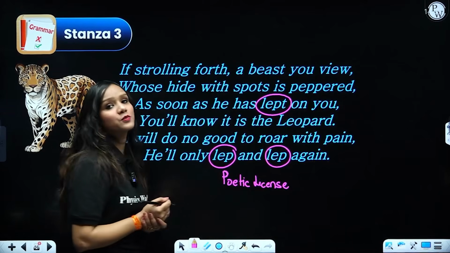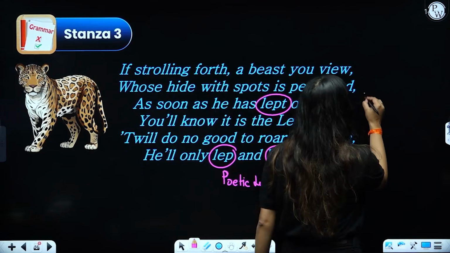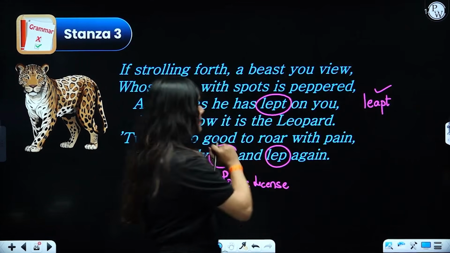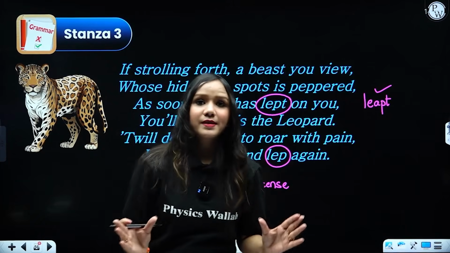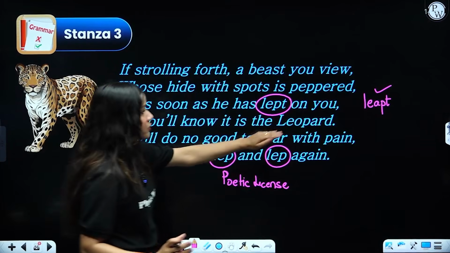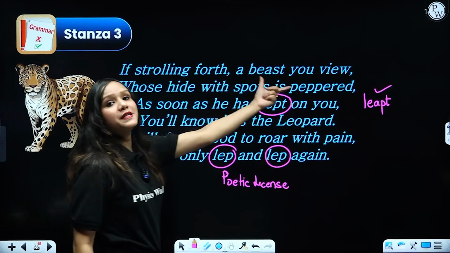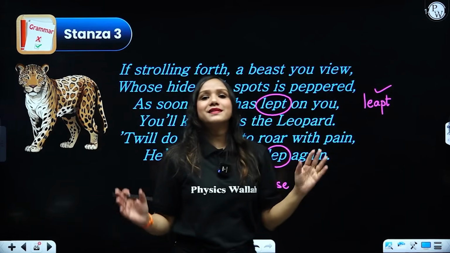I am going to talk about poetic license, because the poet has altered the spelling. Instead of writing L-E-A-P-T, which is the correct spelling, he writes lep, and lep again, just to create a rhythmic effect, a rhyme effect, to make it rhyme with the word leopard. Lep, lep, lep. So, if strolling forth a beast you view, whose hide with spots is peppered, who has salt